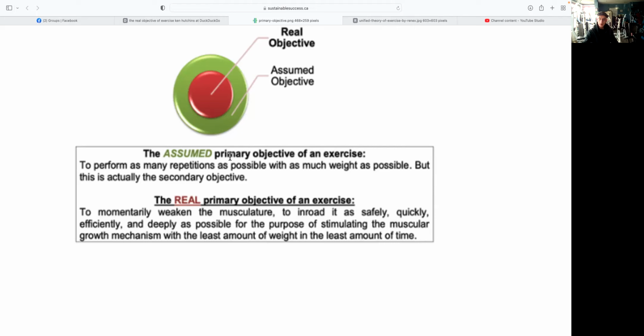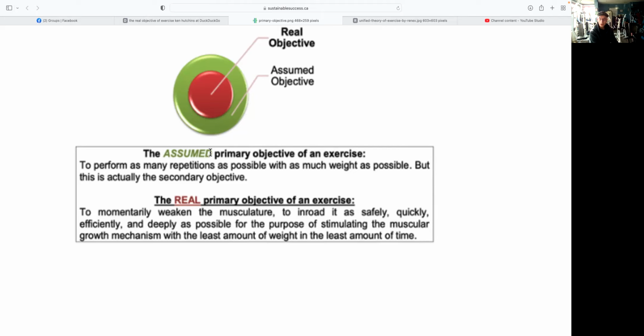But going back to the beginning, when people go to the gym, or when they exercise in general, it's not necessarily in a gym, they assume that their goal is to perform as many repetitions of a given exercise as possible with as much weight as possible. As Stephen Covey says, they're mistaking the map for the terrain.